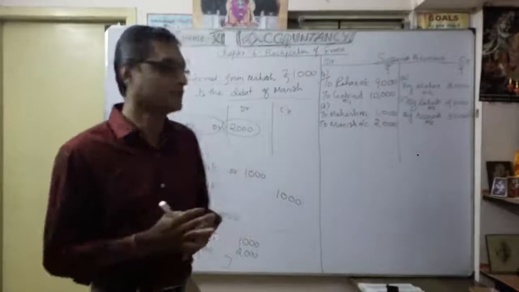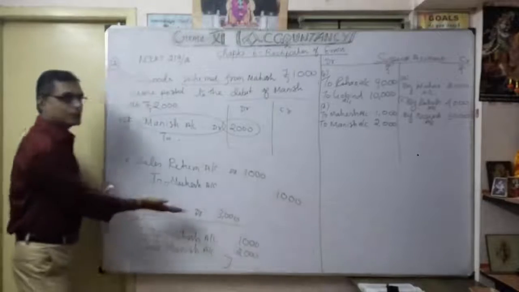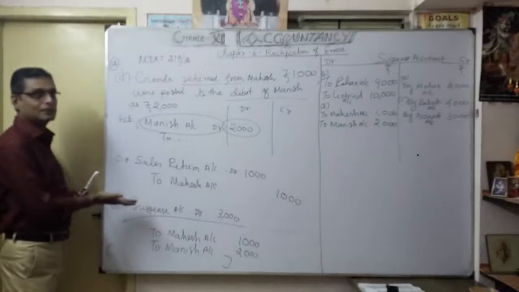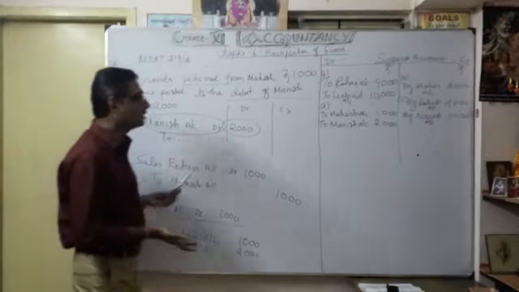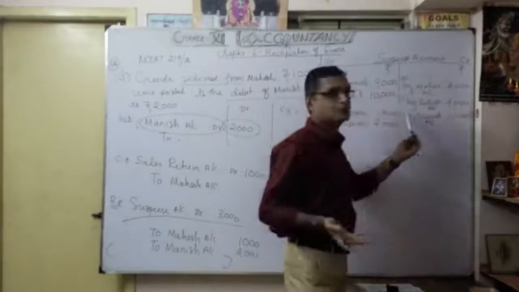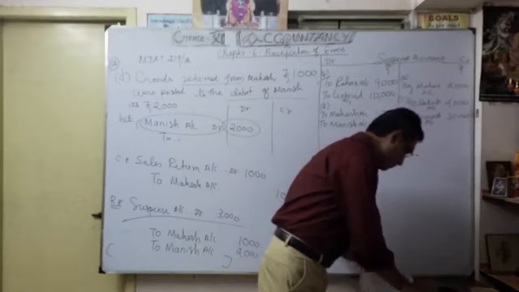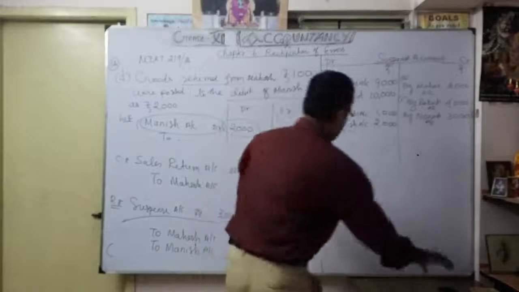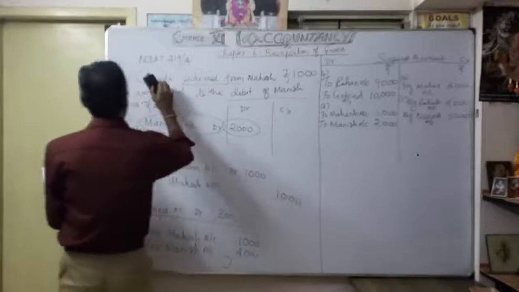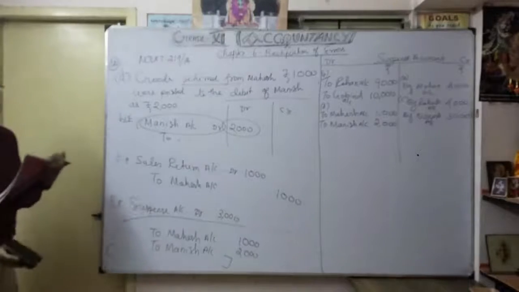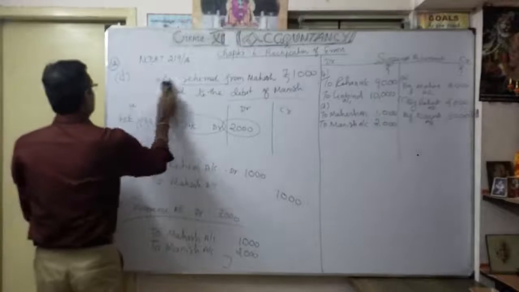How to prepare suspense account: whoever debit wanted or credit wanted, accordingly you have to mention suspense account. Simultaneously open suspense account, then posting is very, very easy. Now move to the last one. So what is that? Cash sales. Okay, now go for the last one. I hope that you watched this one.